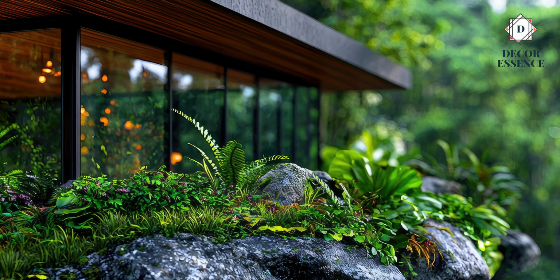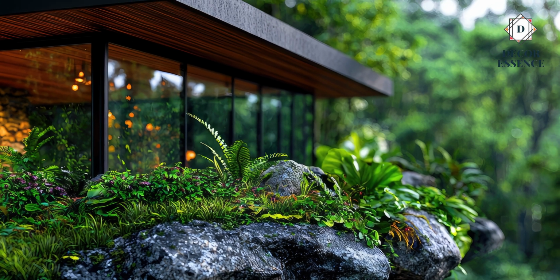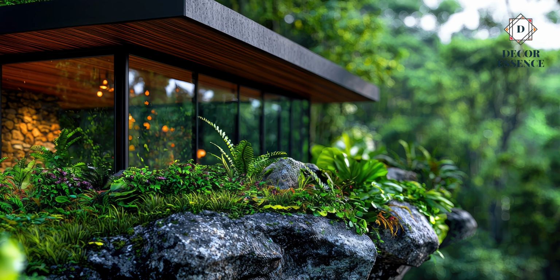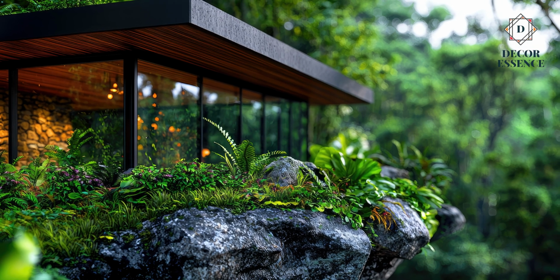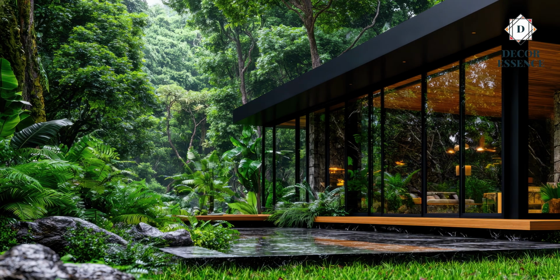The design encourages natural ventilation and allows the sounds of the forest to filter into the home, creating a peaceful and serene atmosphere. Whether you're relaxing in the living room or enjoying a meal in the dining area, the open-air concept ensures that